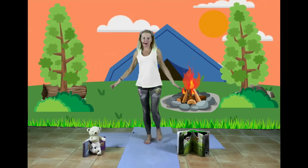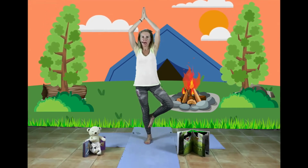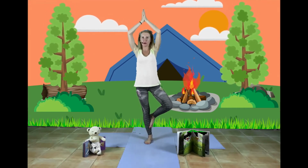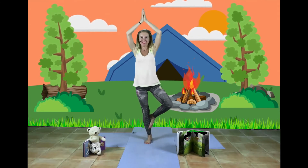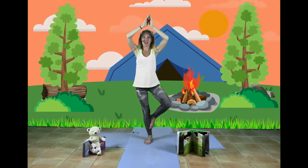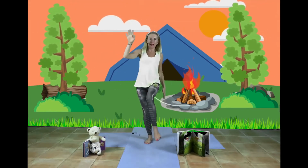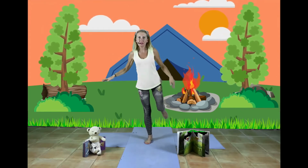Now take the other leg up and you're going to be like that tree again. Maybe take your hands over your head this time and let's focus. Let's be really strong. A little dance. Yay! Okay, now pretend the wind's coming and you could move your leg backwards and forwards and even to the